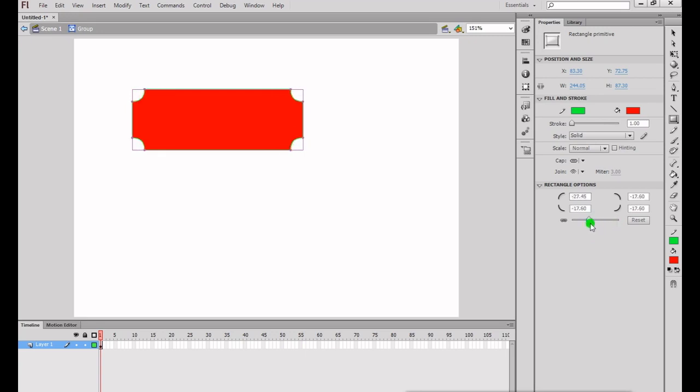See, in both directions you can use a negative and positive number. If a negative number is here, see the change. When the number is positive, 100 positive, then see the difference. Just I am moving this rectangle corner radius control. The changes are coming here.